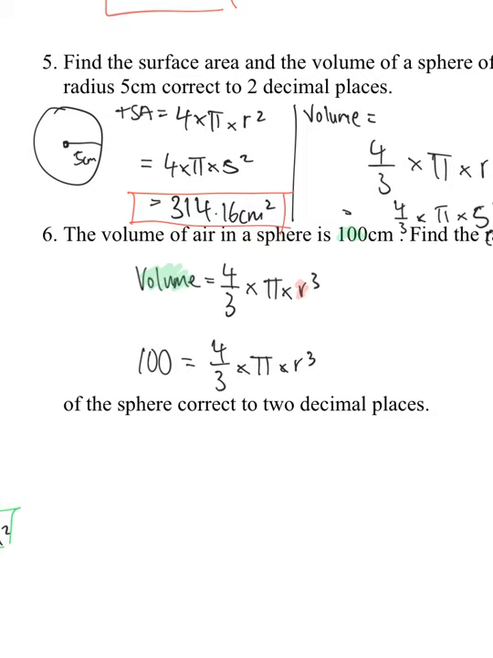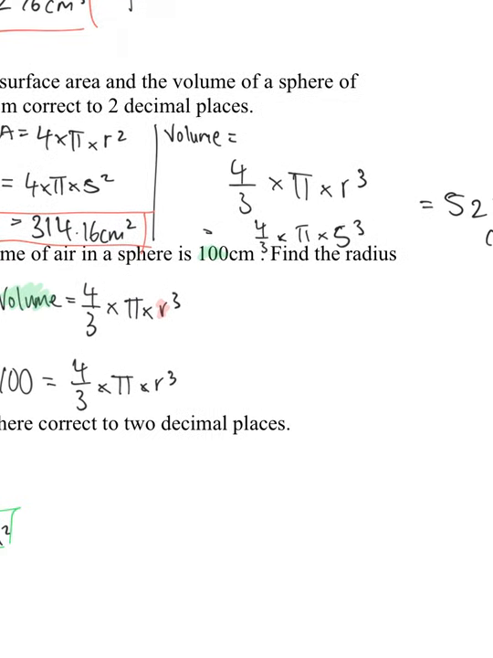Okay, so what we're going to do is get R by itself. Okay, so all I'm going to do is I'm going to start with the 4 on 3 and just times the pi alone, and just find out what just that part equals. So 4 on 3 times pi. Okay, equals